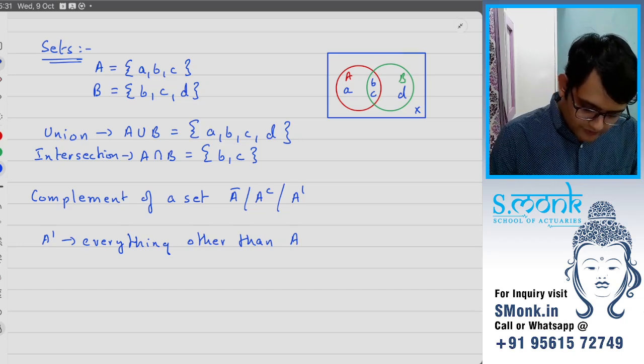So if let's say my universal set X contains